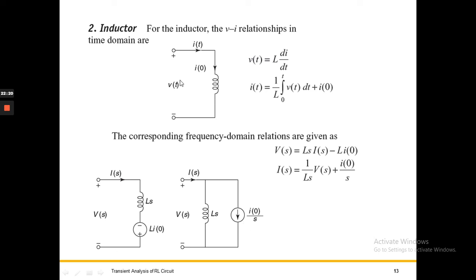So whenever there is an inductance in your circuit, you can replace it with either of these two equivalent circuits. When it is in the form of a mesh or closed loop, you will prefer this one so that you can write down the KVLs. Whenever you are doing node analysis, you will replace the inductance with this equivalent circuit so that you can apply the KCL in the node analysis.